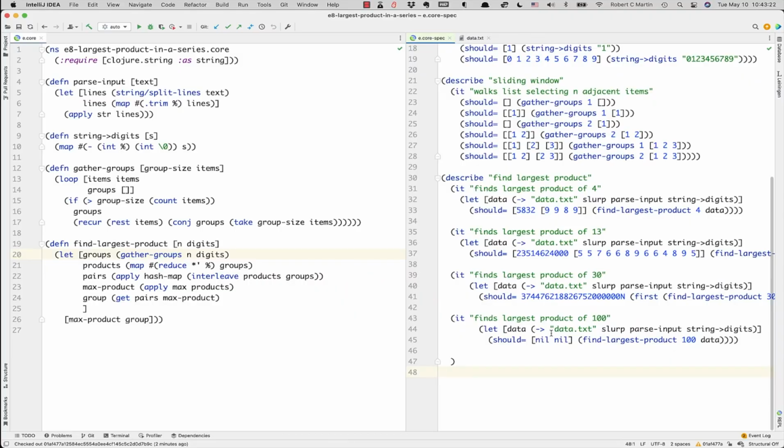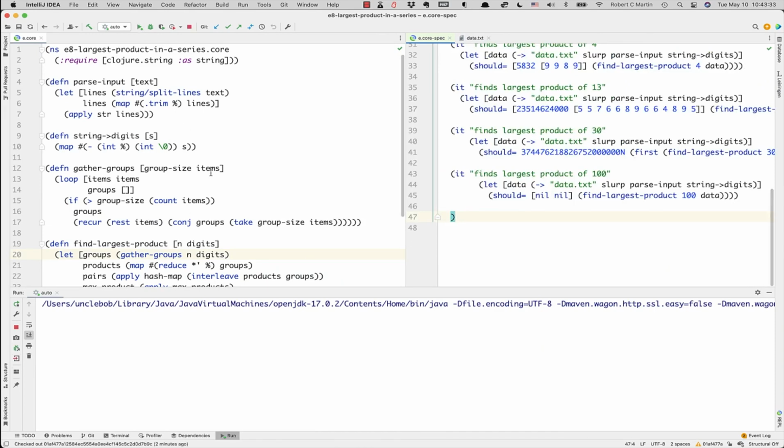Clever indeed, but this has all been a bit too easy. So let's grow that group size up to, I don't know, how about 100 digits? Sure. I mean, we can do 100, pretty straightforward. We're just going to bump that group size up to 100 and run it. So let's give that a shot, shall we? We'll just run that and see what we get. And,